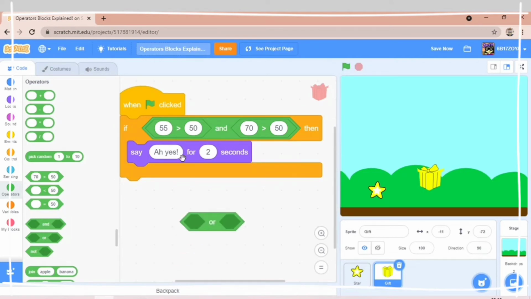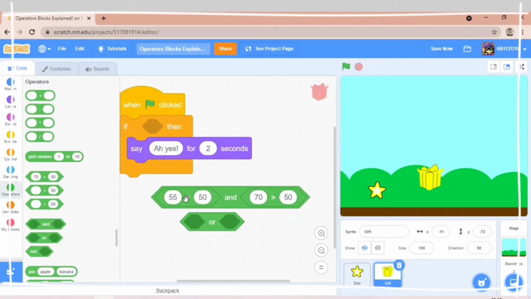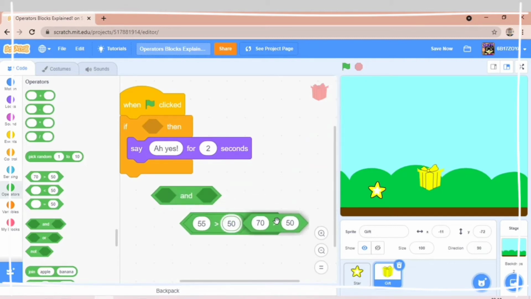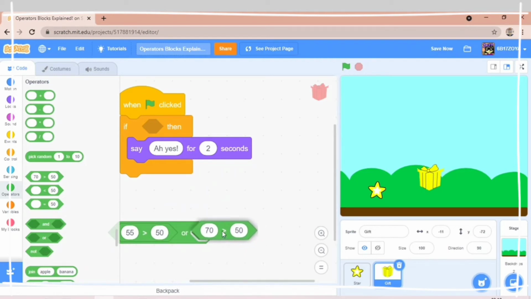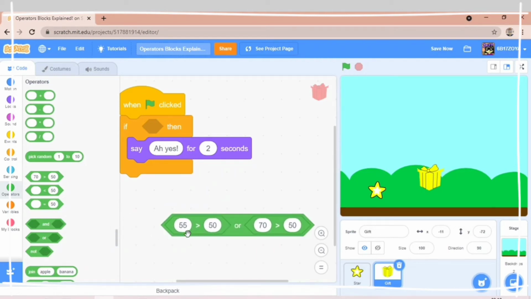And the OR block is like, if you want that only one will be correct and the other one won't, then this is the correct block which you should use. Now 55 is greater than 50 and 70 is also greater than 50. So here we see that both are true, but we can put 45. Is it greater than 50?